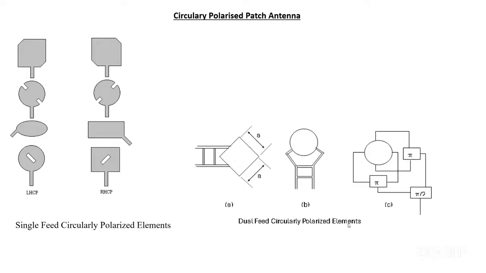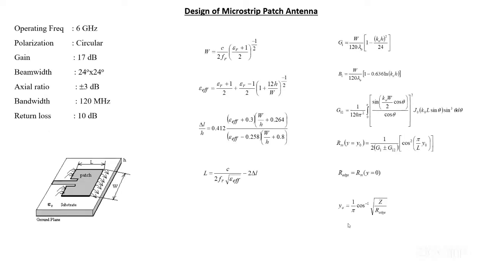And in telecom applications, we use dual polarization. Dual slant polarization we use. That is a 45-degree orientation, plus 45 and minus 45. Dual slant polarization is what we use in telecom applications. Coming to the design of the microstrip patch antenna, as I said, there are equations for everything. The left bottom is the picture of the patch antenna, which has width W and length L.